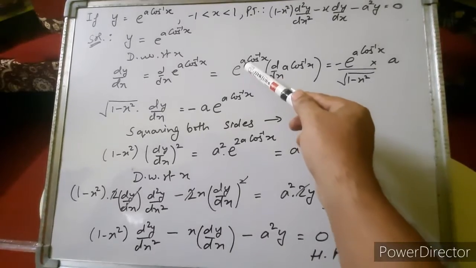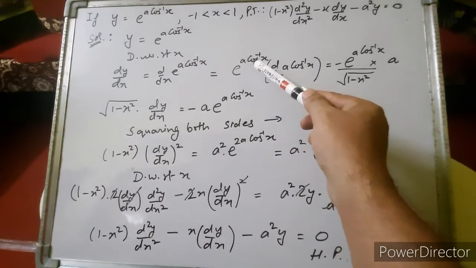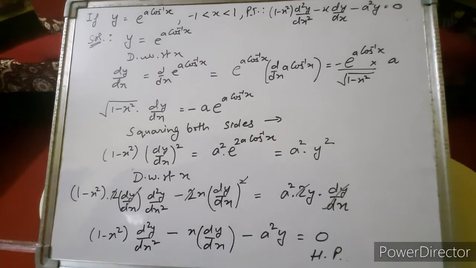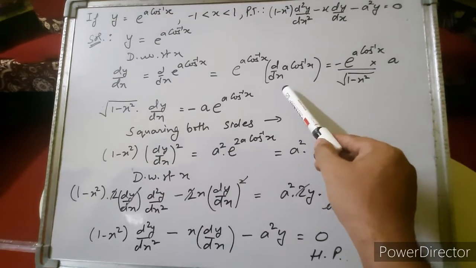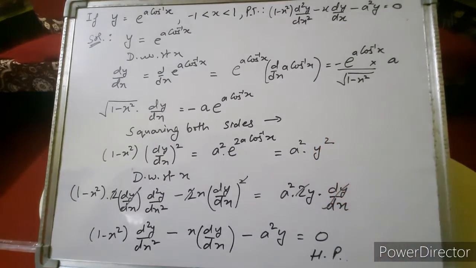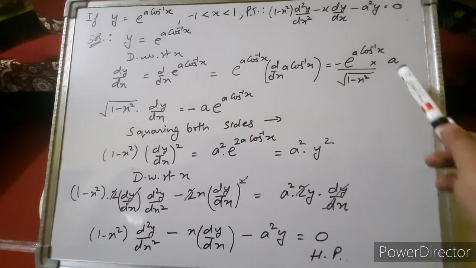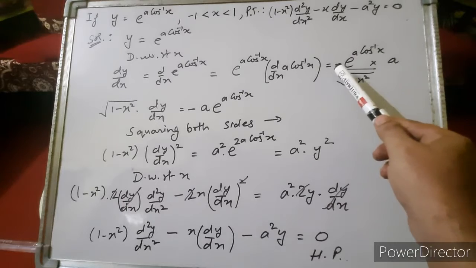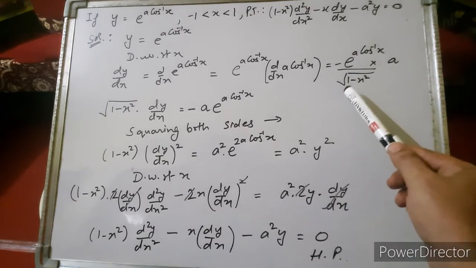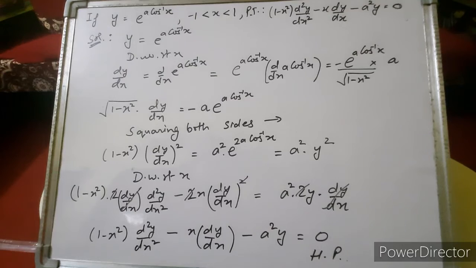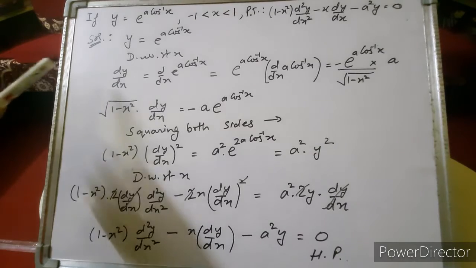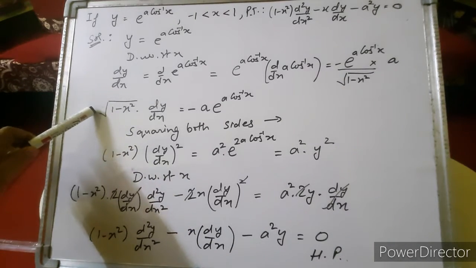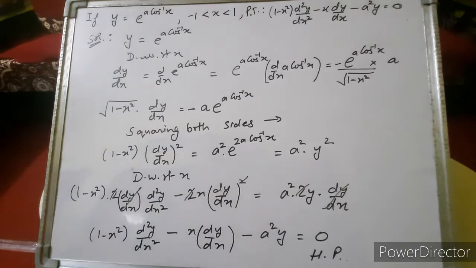Now, when we have assumed this a cos inverse x as x, we have to differentiate that function again by the chain rule. So it will be e to the power a cos inverse x and d by dx of a cos inverse x. Right, children? So the derivative of cos inverse x is minus 1 upon under root 1 minus x square. This a is constant, will come like this only. So the derivative will be minus e to the power a cos inverse x upon under root 1 minus x square into a. Now what we have done, we have cross multiplied this under root 1 minus x square this side here. So it will become under root 1 minus x square dy by dx equals to minus a e to the power a cos inverse x.